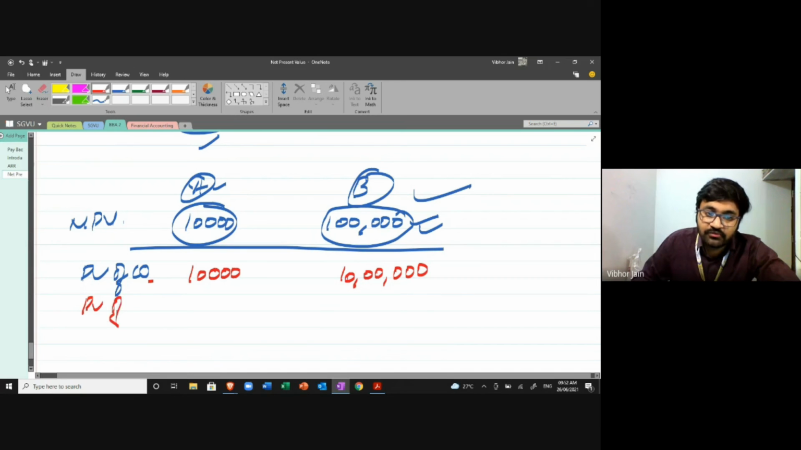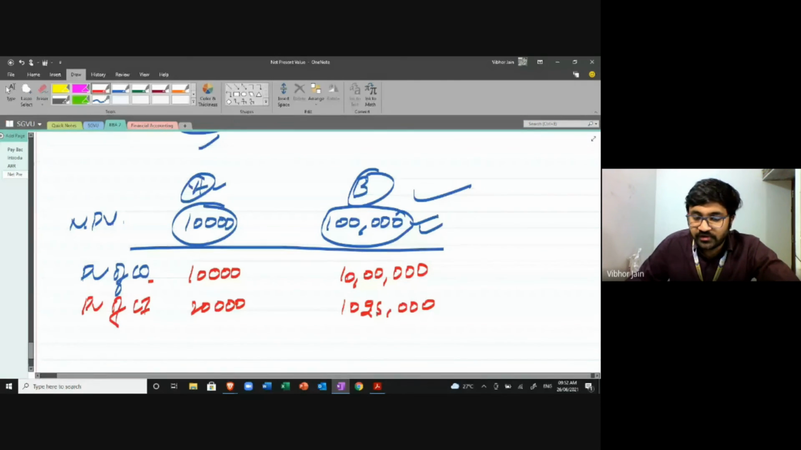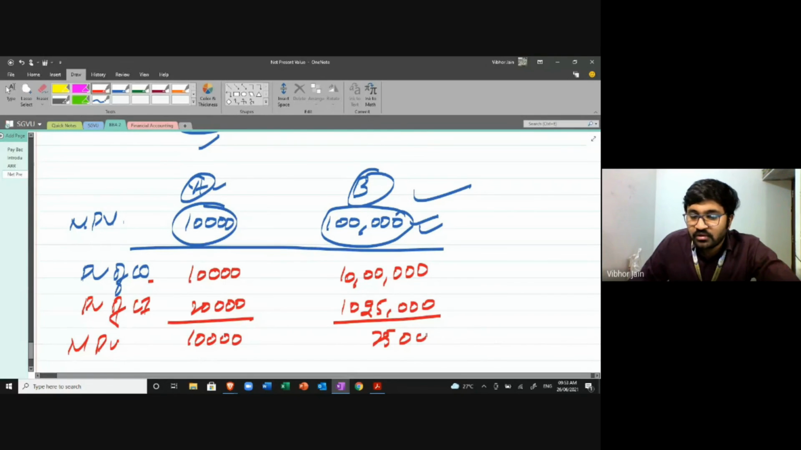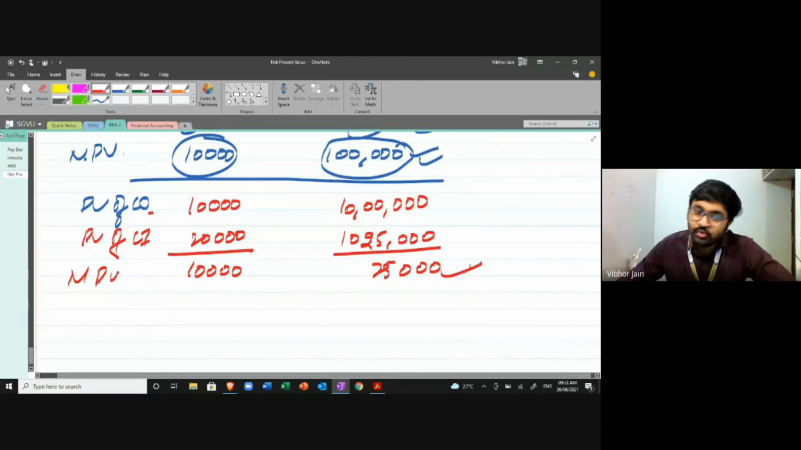And the present value of cash inflow in this project is 20,000, and in this project it is 10,25,000. So the net present value is inflow minus outflow. It is 10,000 in this project, and in this project it is 25,000. So what would you do? Would you select this project? No, we are not going to select this project. Why? Because